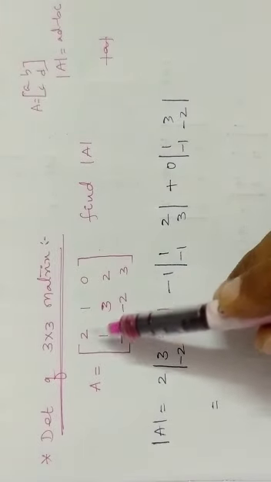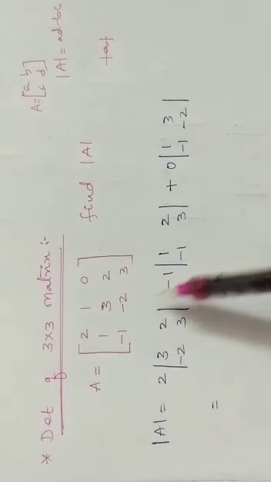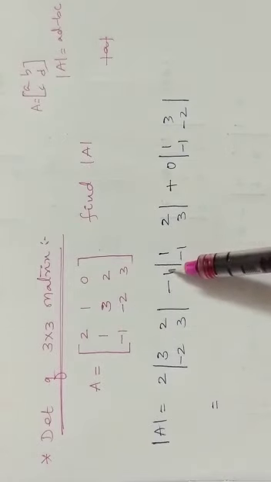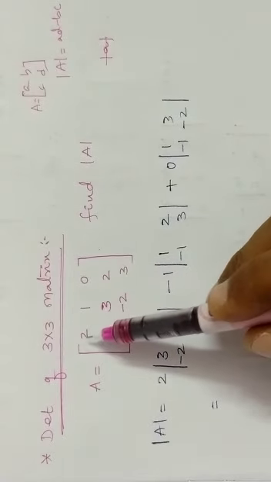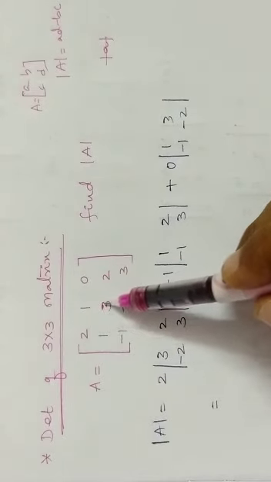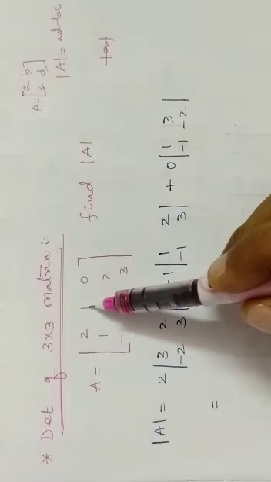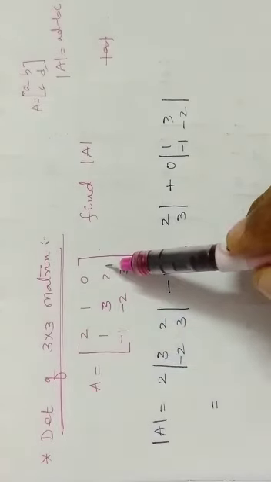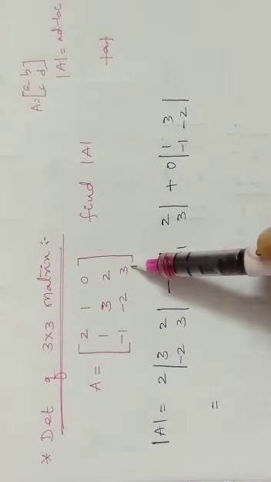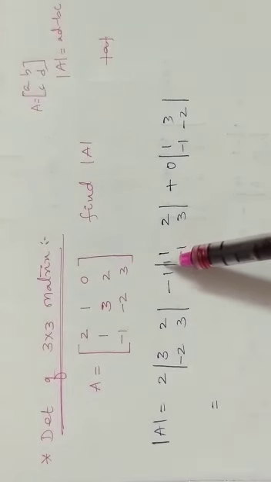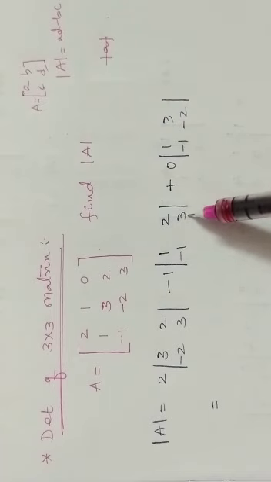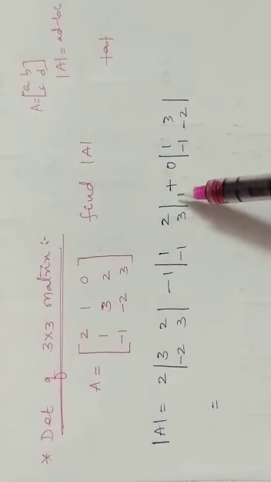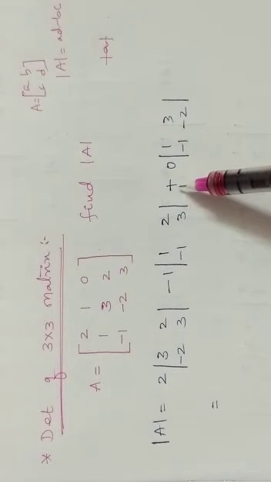Now, minus 1 into, remove the row and column of this element. You are left with 4 elements: 1, 2, minus 1, 3. The determinant of those 4 elements: 1, 2, minus 1, 3. Plus,